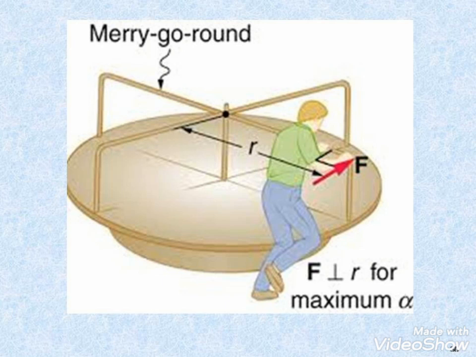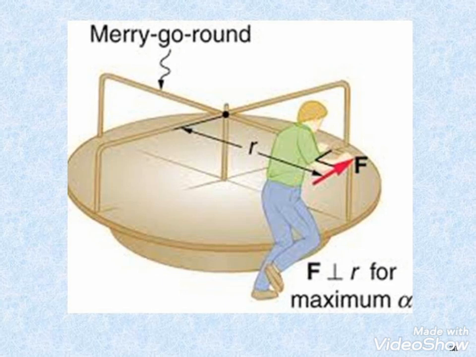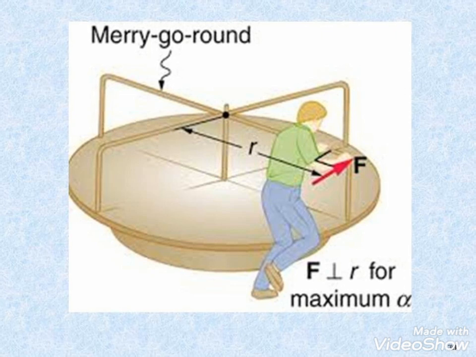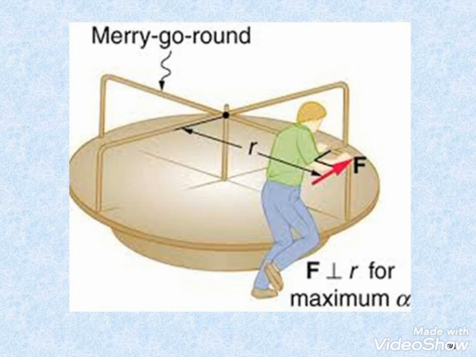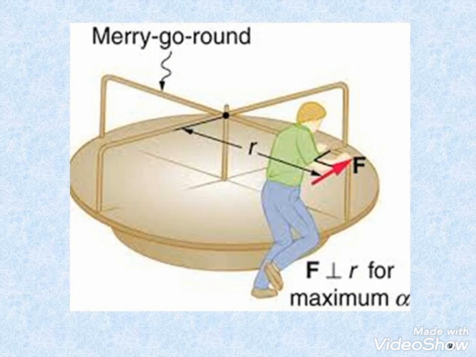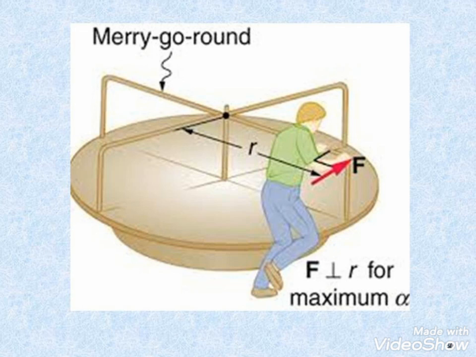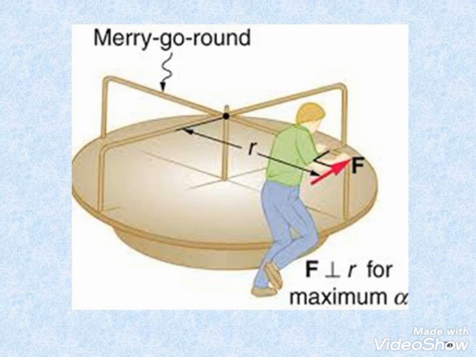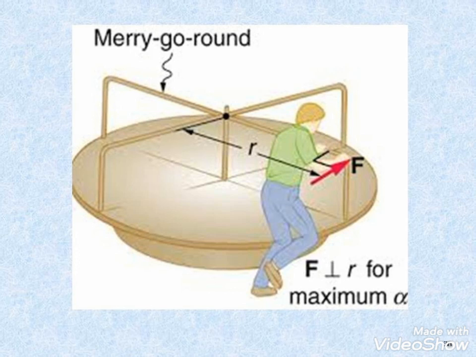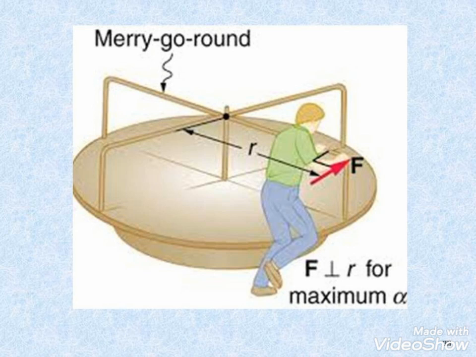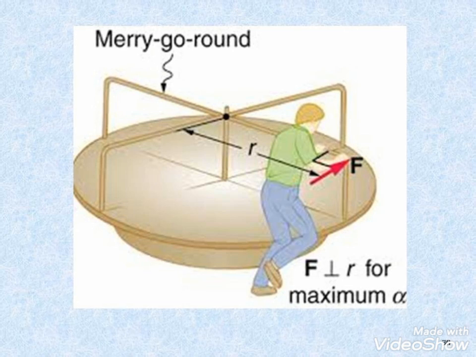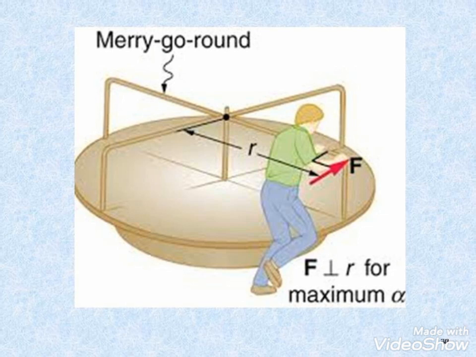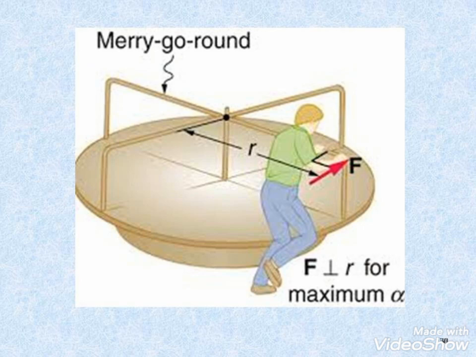Let us consider this merry-go-round. If the boy applies the force at the end of the merry-go-round, then he will be able to rotate it very easily. But if he applies force at the middle, then he has to apply more force to move it, because the distance R now decreases, and as he gets closer to the axis of rotation, he won't be able to move the merry-go-round. The reason is that if we increase the distance from the axis of rotation, then the force required to move will be gradually less.